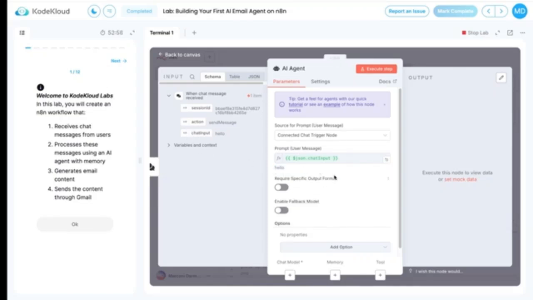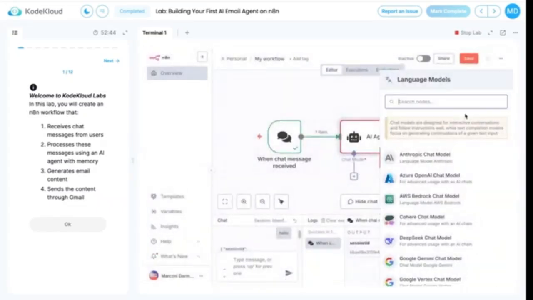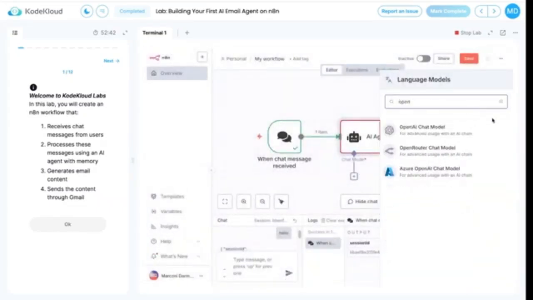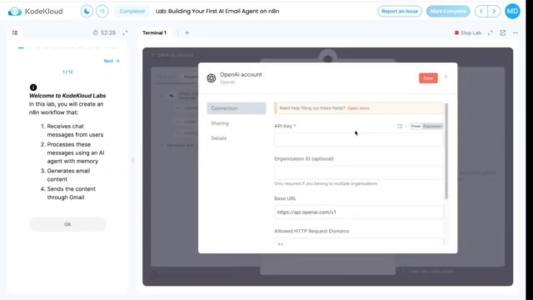And of course, for the AI agent to function, it needs to have a model, aka a brain, which is the LLM that is attached to it. In this case, we're going to hit the plus sign here, which is to add the chat model, and we're going to pick OpenAI chat model. And in order to connect to an OpenAI chat model, you need to set up the credentials. So we're going to hit create a new credential, and this is where you're going to need an OpenAI API